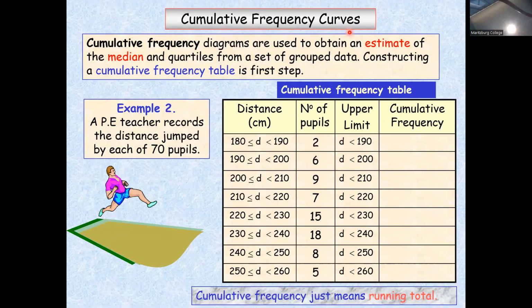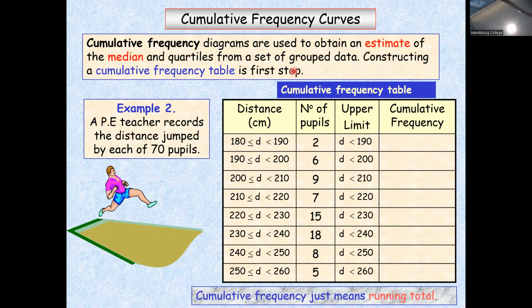Cumulative frequency curves. Cumulative frequency diagrams are used to obtain an estimate of the median and quartiles from a set of group data. Constructing a cumulative frequency table is our first step before we actually draw a diagram, also known as the ogive